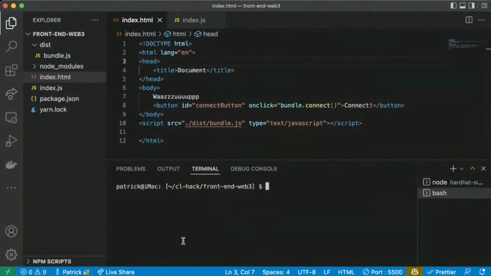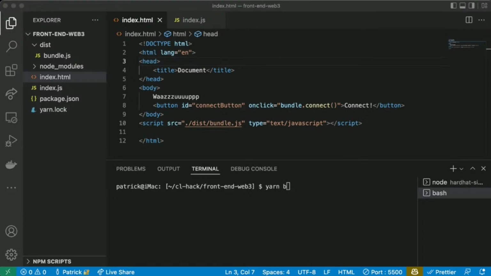Oh, I ran my Browserify command wrong. Cool. So yarn, what did I run? What did I run differently? Spell something wrong? All right, well, I got it working now.